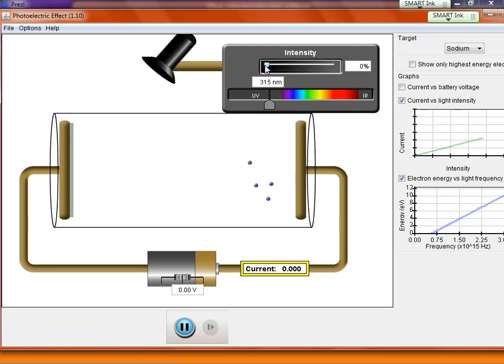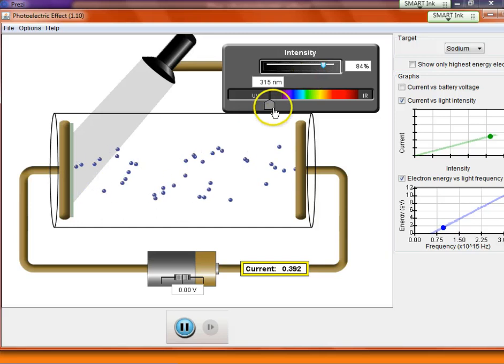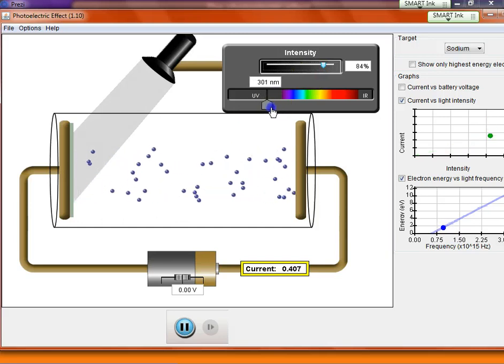But as I increase the intensity, I'm shooting more photons in and knocking more electrons out, and a direct relationship. But notice, intensity has no effect on the individual energy of the photon itself. That can only be affected